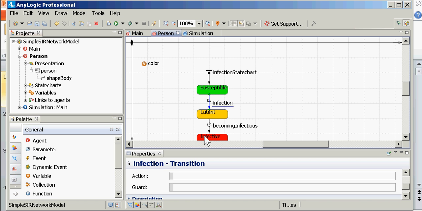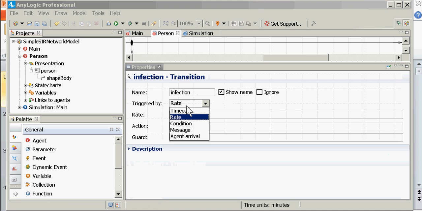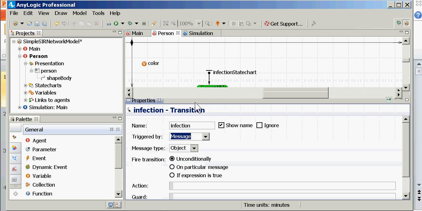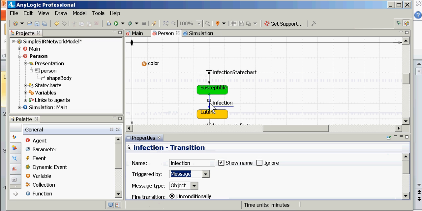And don't get distracted by it being a message. They're ways of interacting. They're ways of one person nudging another, or interacting with another in a direct way, with a discrete action. So ladies and gentlemen, go up to infection here, and I'd like you to set it so that it's a message transition. And now we'll see something that we have not seen before. We'll see a transition with this kind of little envelope in it. It indicates this is triggered by receipt of a message. Okay? Now,